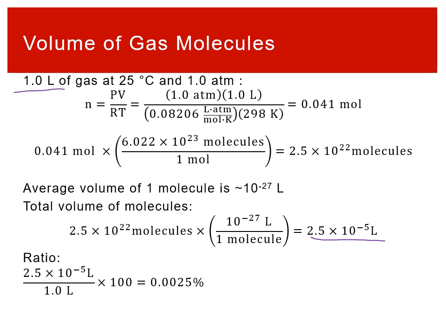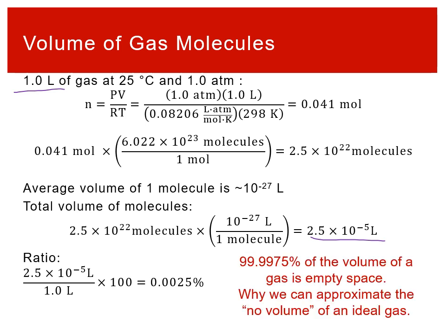And so if we take that ratio, we can see that the volume of all the molecules divided by that total volume is quite a small percentage. So if you have a sample of gas, over 99% of the volume of that gas is really just empty space between the molecules. So this is why we can make this argument that a real gas is approximately an ideal gas where the molecules have no volume, because they're just so small and there's so much empty space between all those molecules. But yes, we know atoms have a volume, they have a size, they have shape, all sorts of stuff like that.